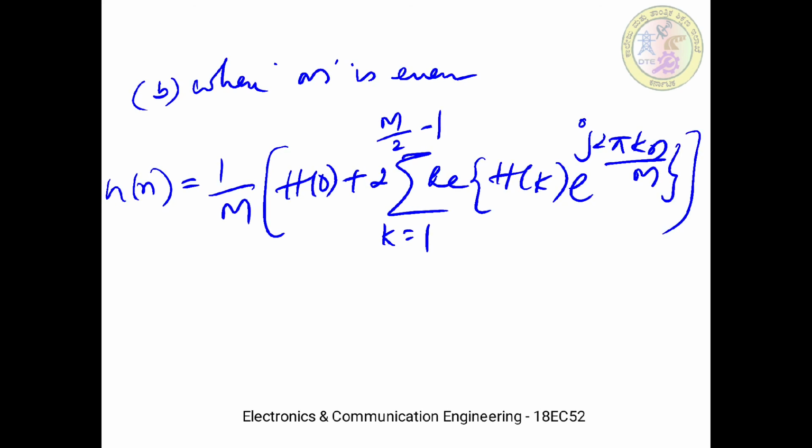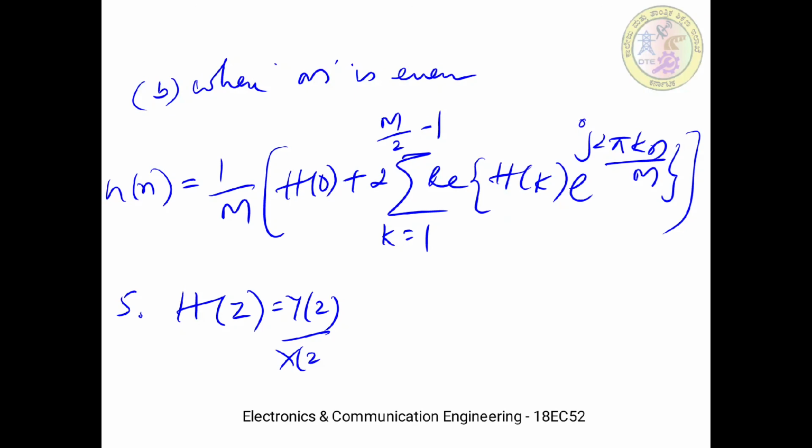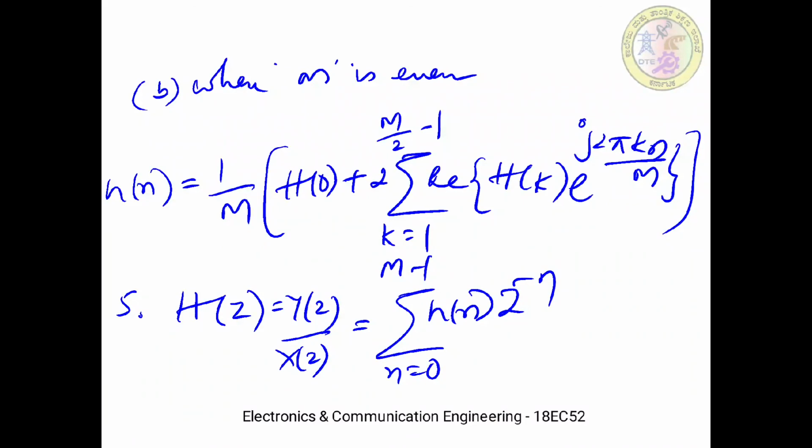Once we calculate the h of n values for either M even or odd, we can get the filter transfer function H of z, which is nothing but Y of z by X of z, equal to the summation of h of n for n varying from 0 to M minus 1, z to the power of minus n. So these are the steps involved in getting h of n for the FIR filter